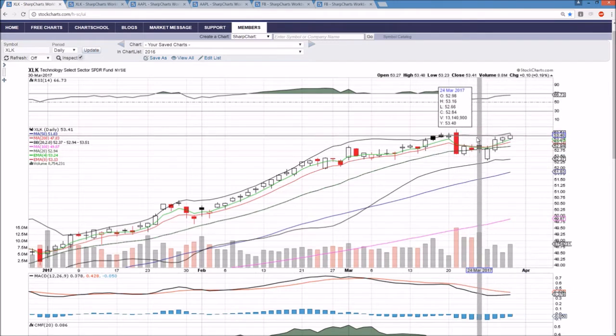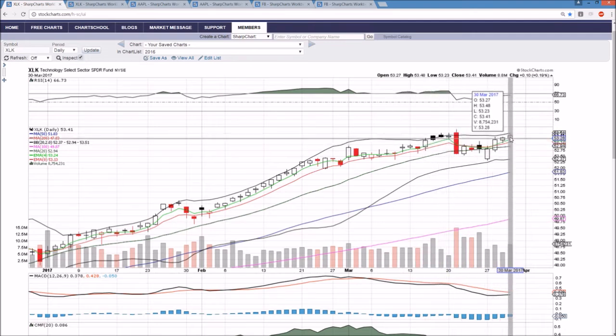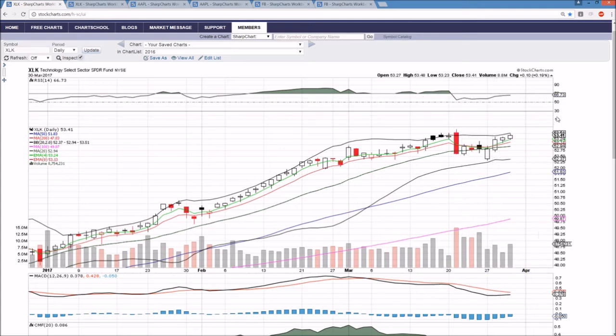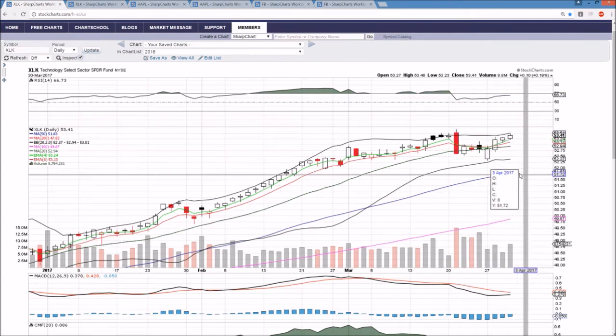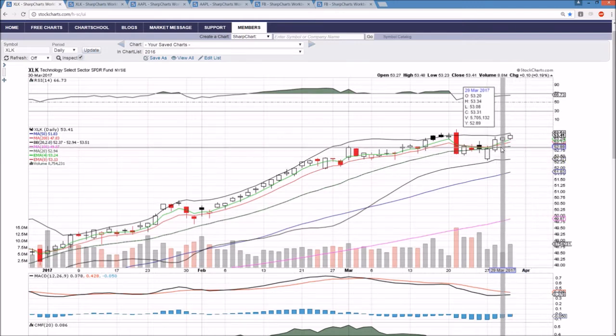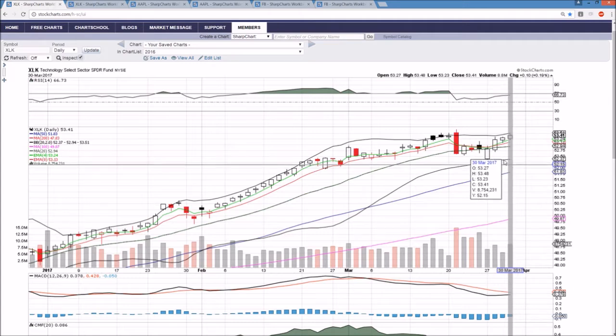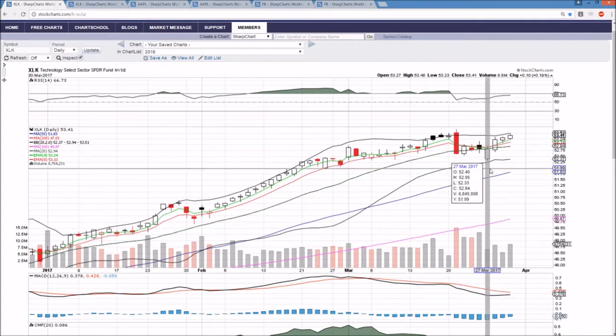The upper Bollinger Band resistance has been rejecting the price. It rejected the price 5 times back here. We fell just shy of that level today. So we do need to be aware of what that upper Bollinger Band resistance is every day as it updates. But in terms of right now, the bulls are in full control, higher lows and higher highs. We had a double top at 53.34. Breaking that level first thing this morning showed strength and conviction for the bulls,